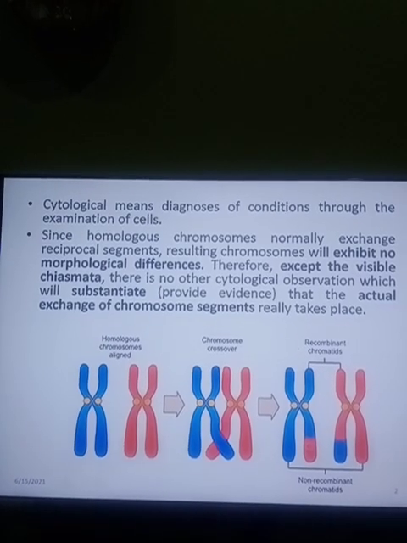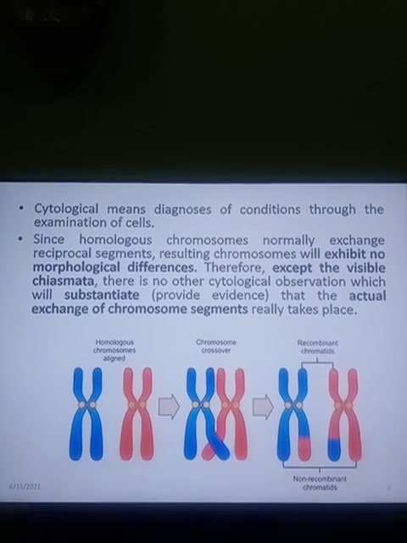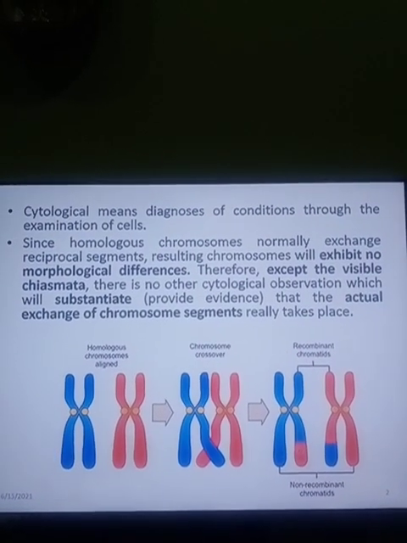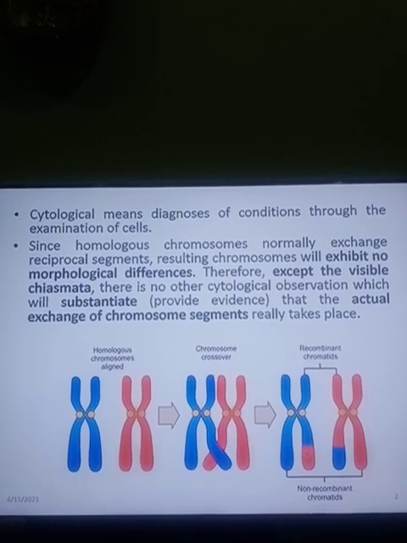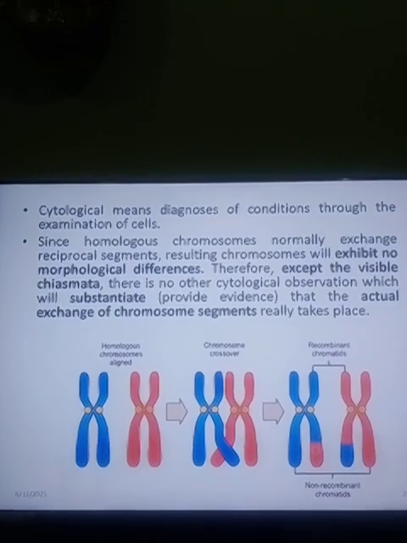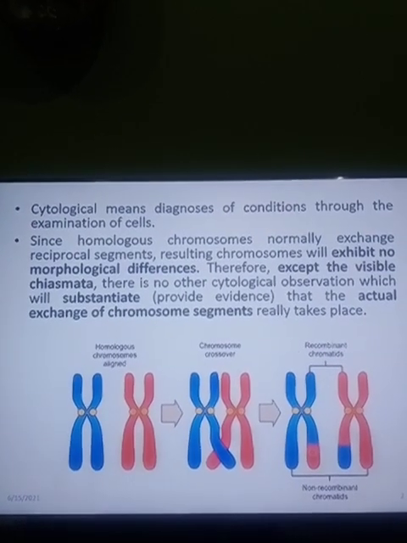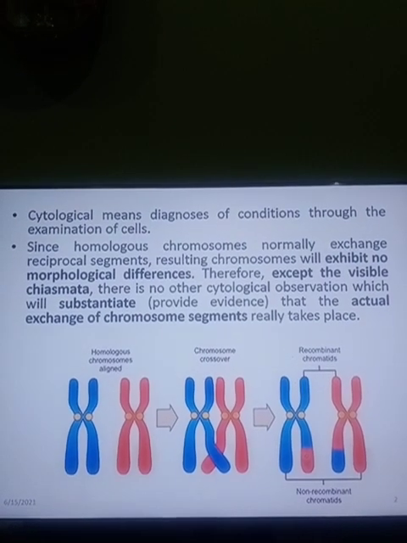In this video, I am discussing the cytological basis of crossing over. Crossing over is a very important process by which variation occurs in the offspring generation. Cytological means diagnosis of a condition through the examination of the cells. Since the homologous chromosomes normally exchange reciprocal segments,